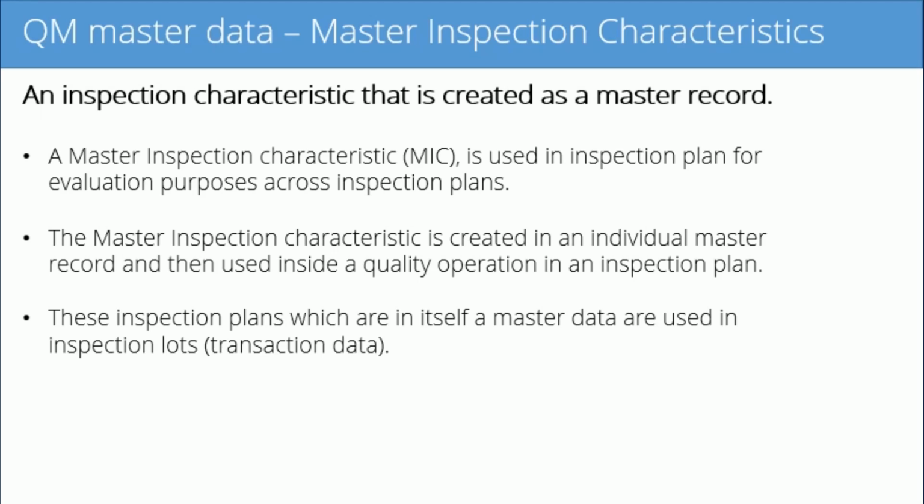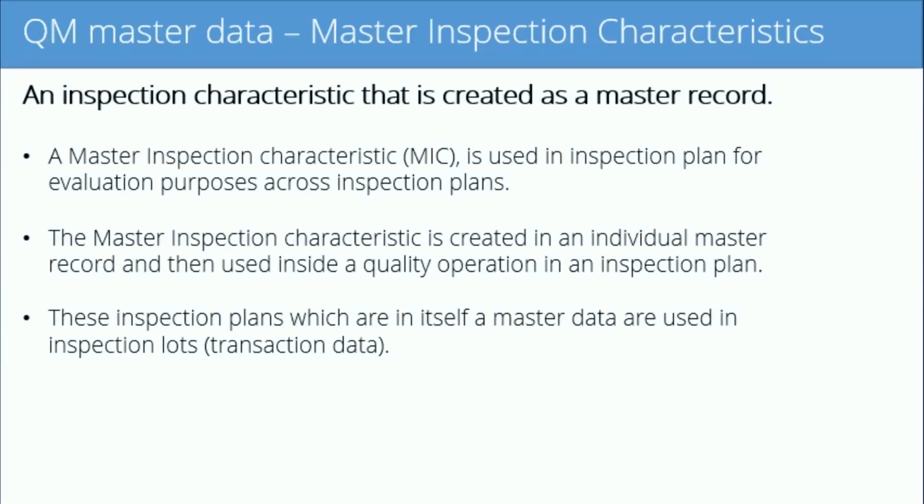MICs are used in an inspection plan for evaluation of quality tests on the material. So if you want to test certain quality parameters of a material, then those tests are represented as master inspection characteristics. A master inspection characteristic is created as an individual master record and then assigned to a quality operation in an inspection plan. These inspection plans, which are themselves master data, are copied into inspection lots